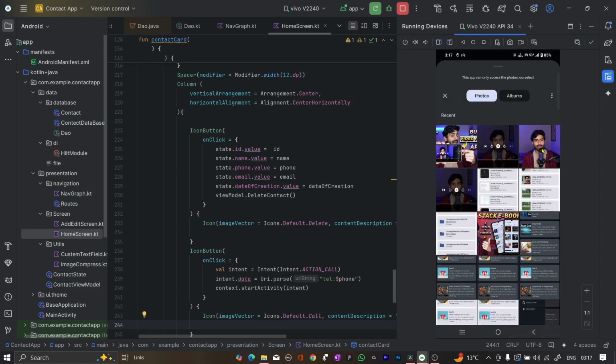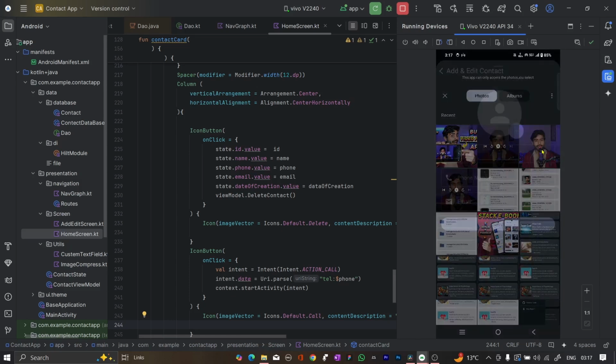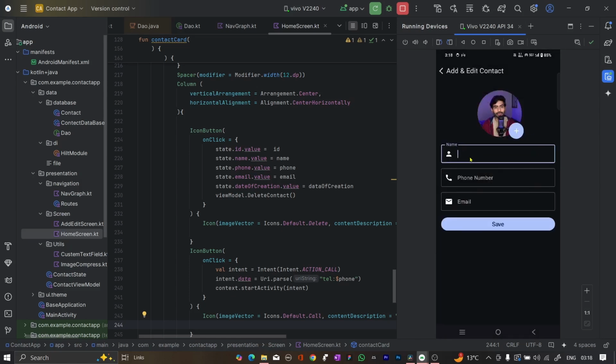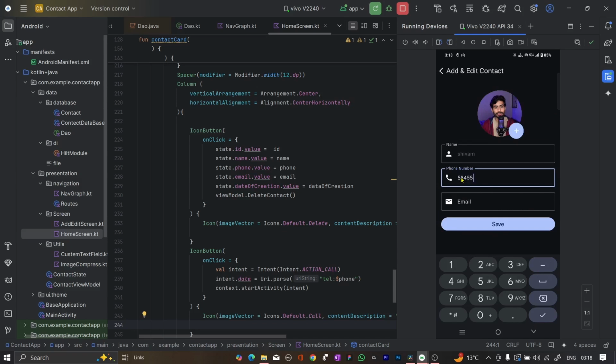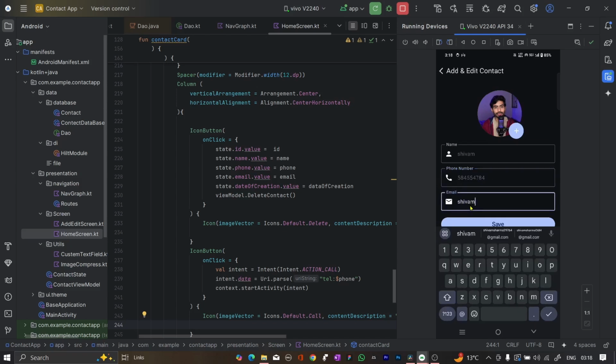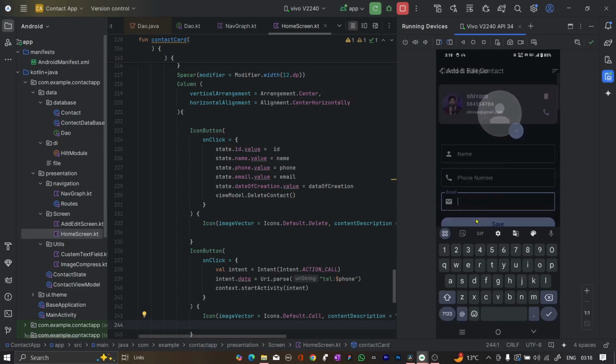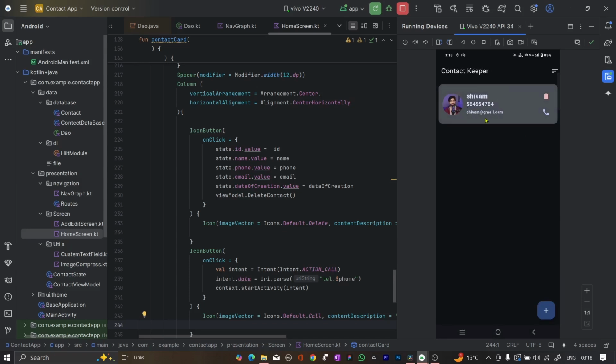यहाँ पे हम प्रोफाइल पिक्चर ऐड कर सकते हैं, तो यहाँ पे मैं ये प्रोफाइल पिक्चर ऐड करता हूँ। और देन आई एम गोइंग टू गिव इट अ नेम शिवम, राइट? एक कॉन्टैक्ट सेव करते हैं, यहाँ पे कोई भी रैंडम नंबर ले लेते हैं। ये हमने नंबर ले लिया। और ईमेल दे देते हैं, shivam@gmail.com, राइट? ये कोई रैंडम ईमेल है, और सेव कर दिया। तो ये देखो, ईमेल सेव हो चुका है, मीन्स हमारा पूरा कॉन्टैक्ट सेव हो चुका है।